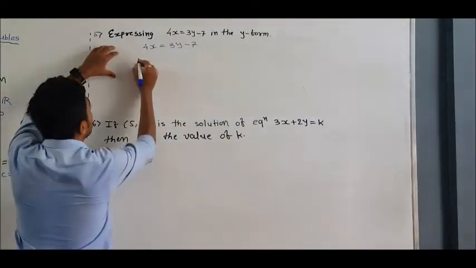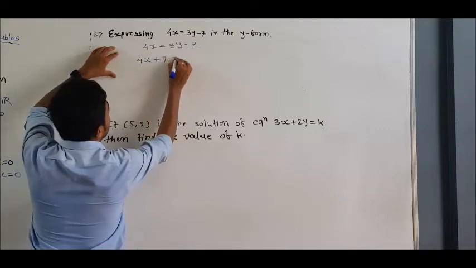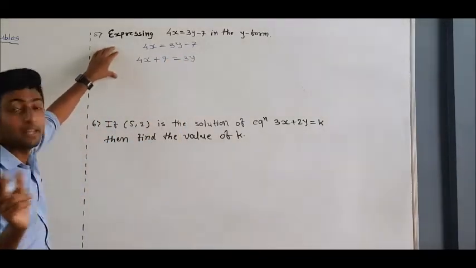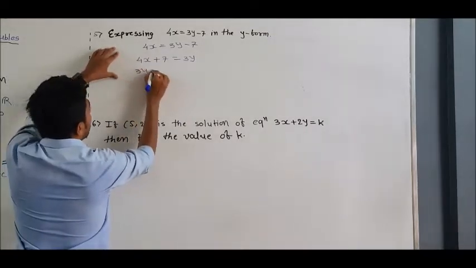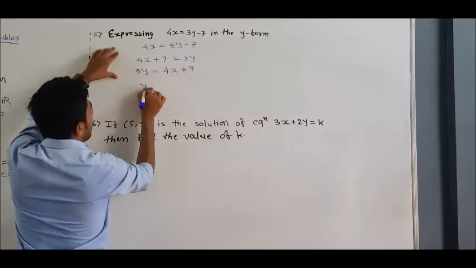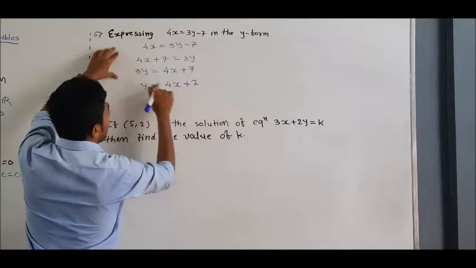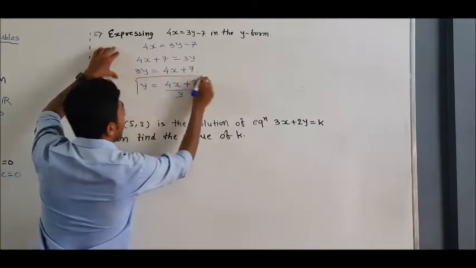So first of all you have to write it like this: 4x plus 7 equal to 3y, because I need y equal to, the y form. So I can write 3y equal to 4x plus 7. So y equal to 4x plus 7, the 3 will go to the division, over 3. So this is the y form